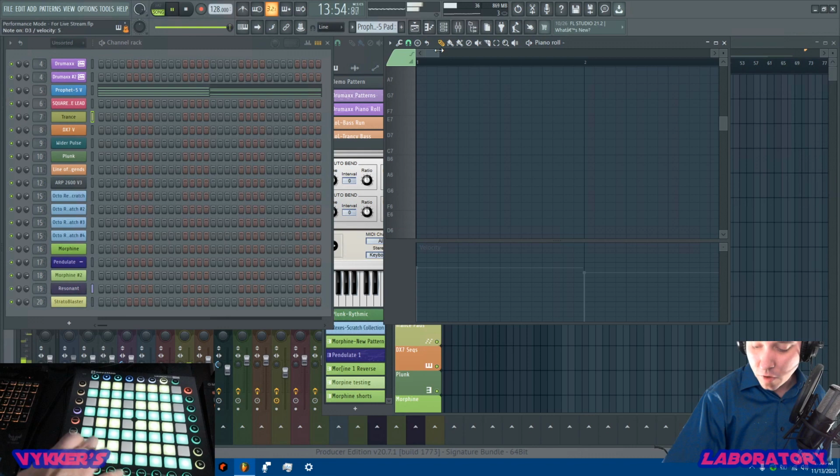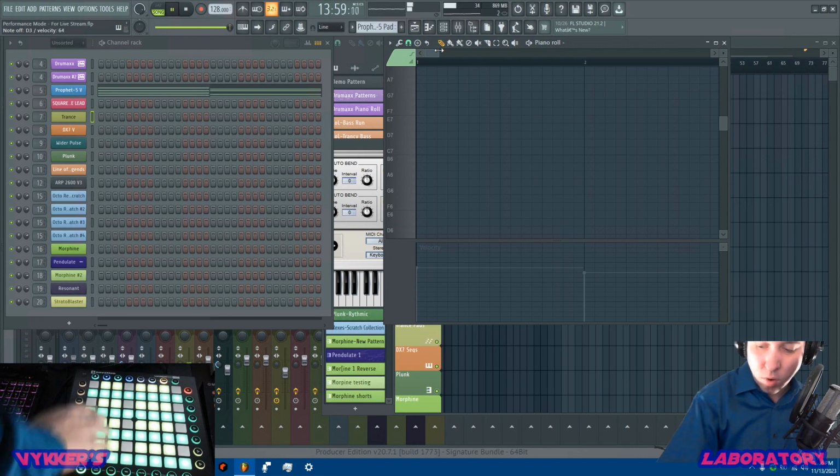This becomes a MIDI keyboard essentially once you have it panned over into this mode, and that's all by using